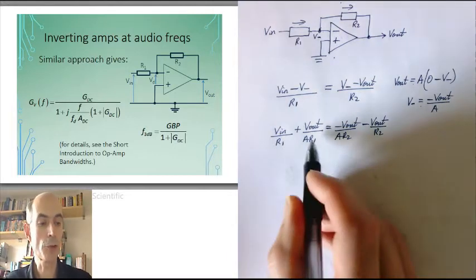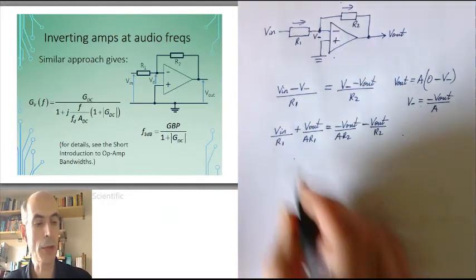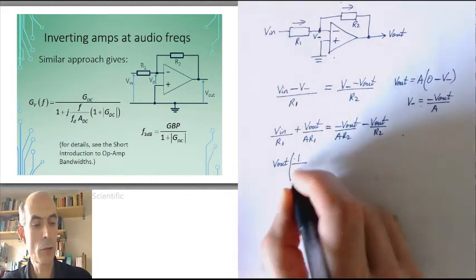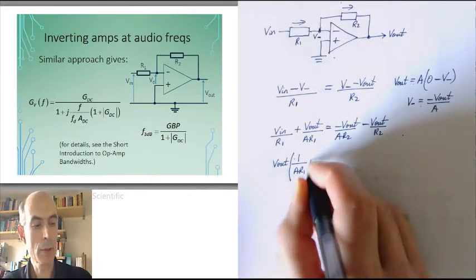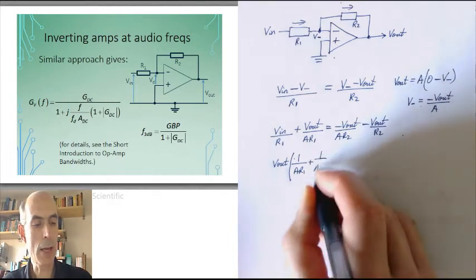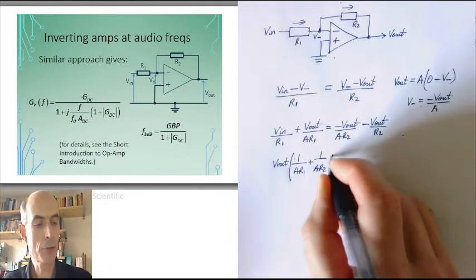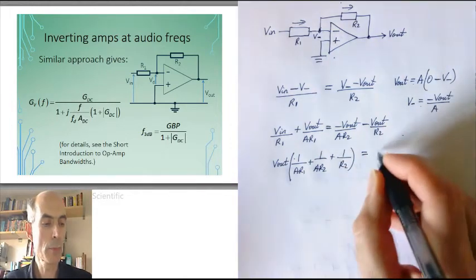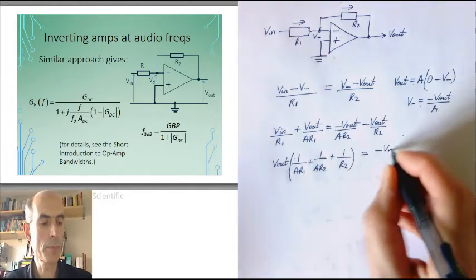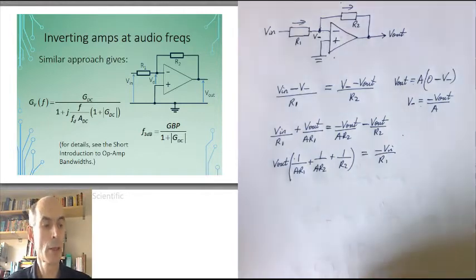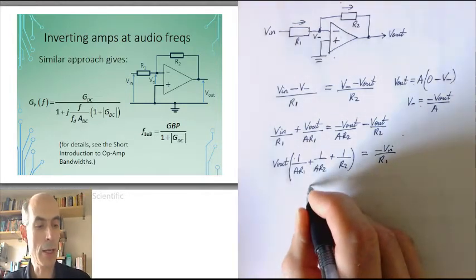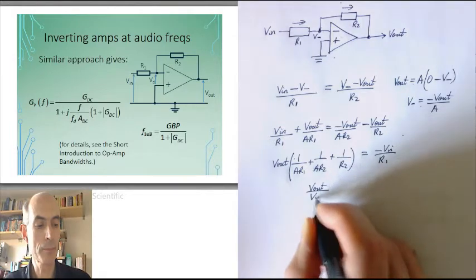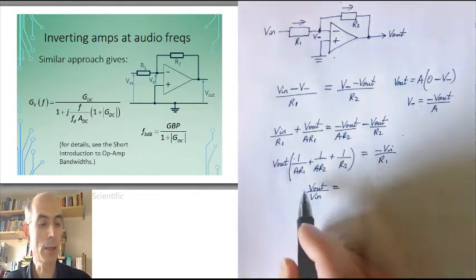Collecting all the V out terms on this side and the V in term on that side gives V out times (1 over A R1 plus 1 over A R2 plus 1 over R2) is equal to minus V in over R1, and that gives me the frequency response, or V out over V in, as being